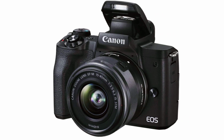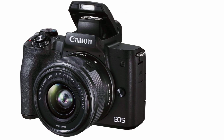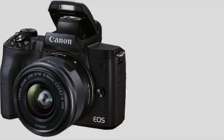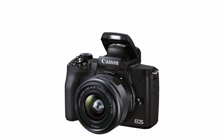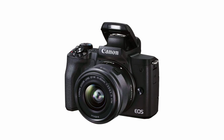The small but mighty camera is a highly popular budget model, offering a ton of value for its price, especially for aspiring photographers and vloggers. Unlike the previous picks, it has a fully articulated screen, which is good for selfies and vlogs, but less convenient for waist-level shooting. The camera is super lightweight and incredibly easy to use, with a simple control layout and intuitive